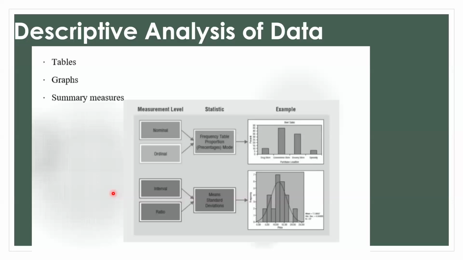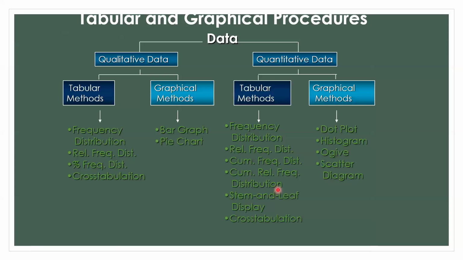For the other types of measurement scale, you can choose other summary measures such as the mean and standard deviation in the case of interval and ratio. Otherwise, the presentation may not be that meaningful, right? So this